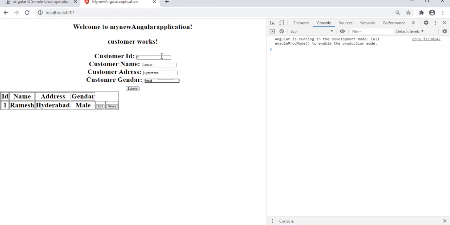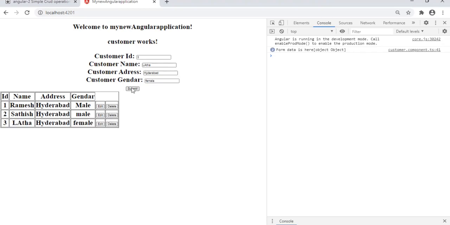Customer ID is 3, Lata, she is from Hyderabad and she is female. I'm clicking submit. Now I'm going to edit Satish's information, changing his location.